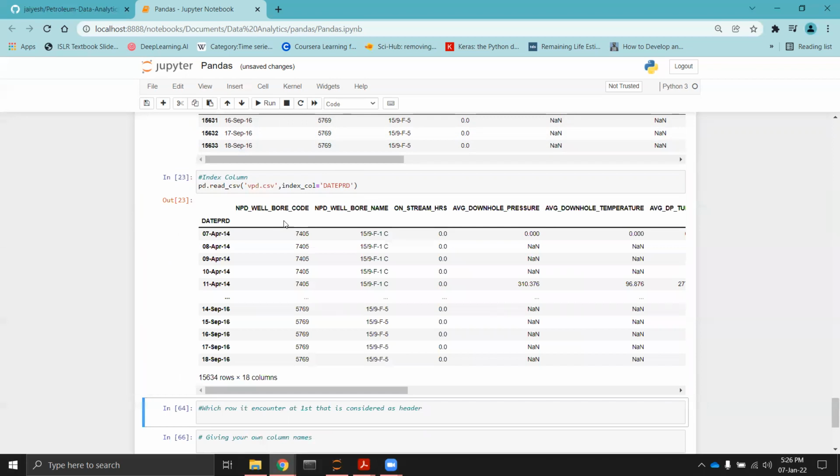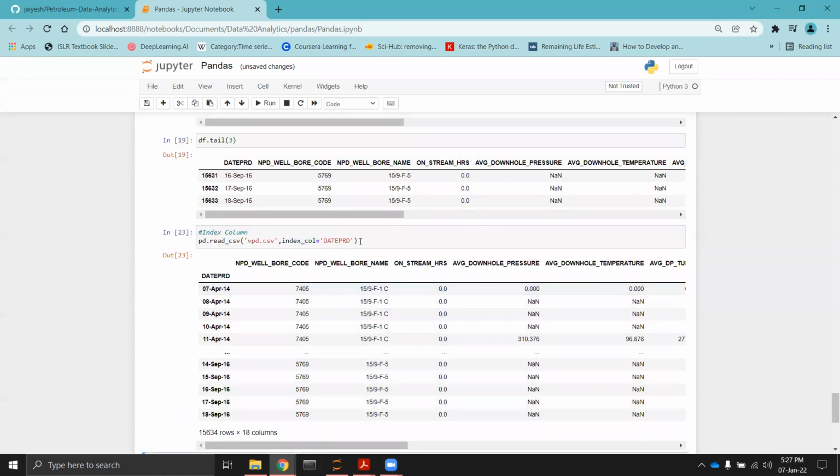Why? Because when we are going to use pandas plotting, we don't need to provide the x-axis as the date. If I directly write df.plot, it will automatically take the index as my x-axis. So in that scenario, it comes very handy. That's why generally I have a habit to take this DATEPRD or something time or date thing as an index. But again, it is not necessary. But yeah, in some cases there are things that need to be taken as index.